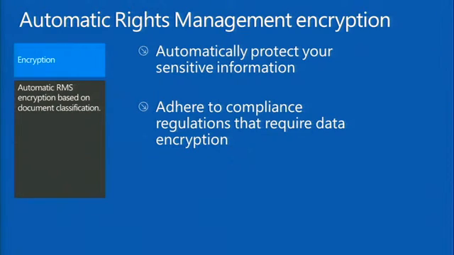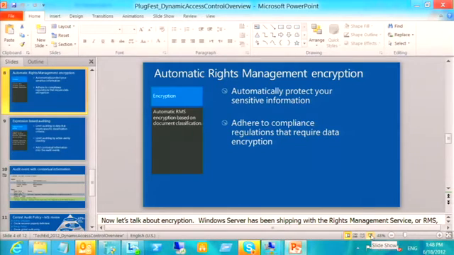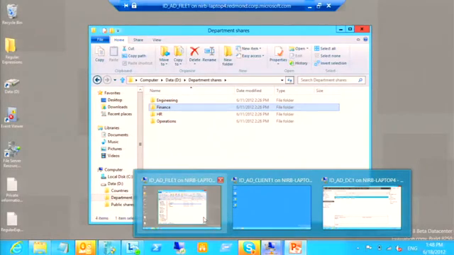Okay? So the problem is that while there's some guidance on how to use this, people really don't use this because information workers don't really know what to encrypt to what and so on. It's very hard. But we can do it automatically on the servers. So for example, let me show you a team copying